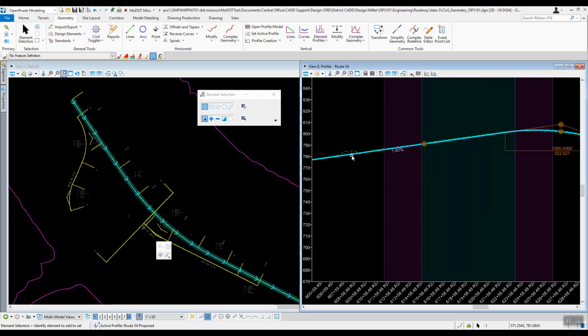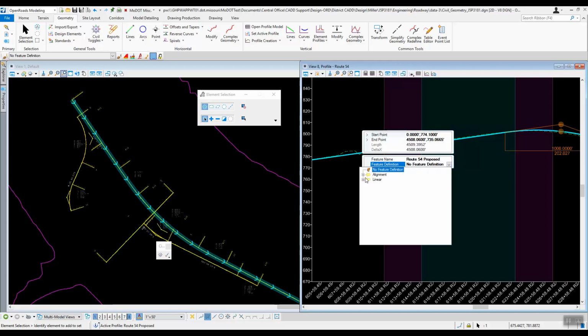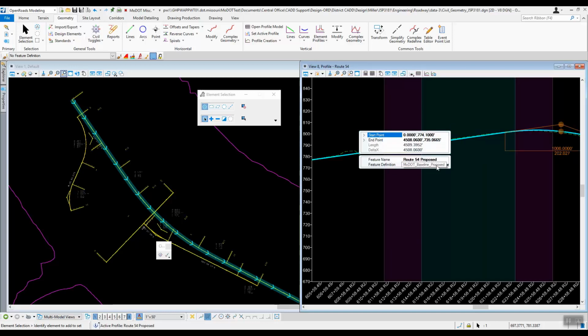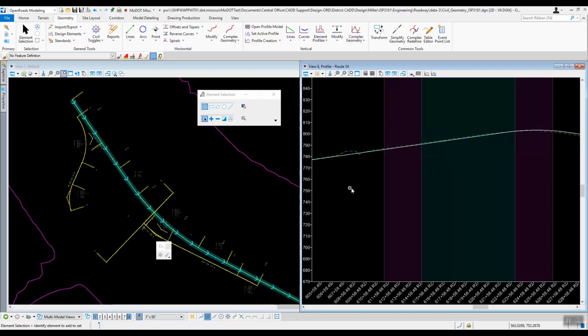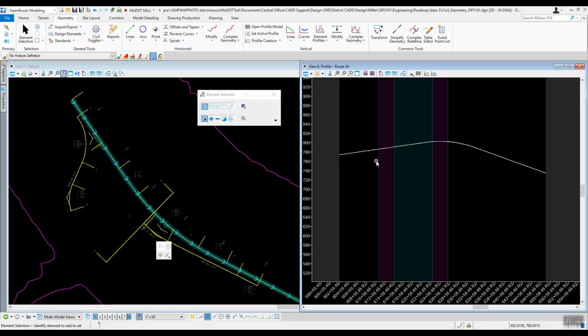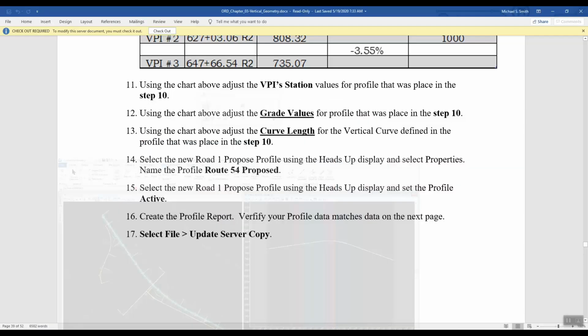Sometimes these profiles do come in as a white color. It's possible to change that. I'm not sure if the feature definition right now is set up to change that, but we will give it a shot here. It's actually still remaining white, even though it is given MoDOT baseline proposed. I believe that will be changed in the future, so you may not have this issue, but it will be a yellow line for you at that point. Okay, so that right there is the first part of the exercise,